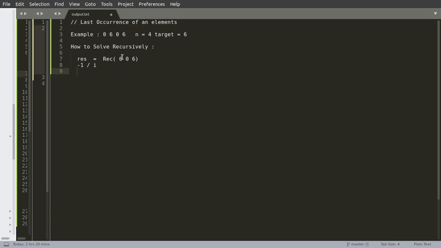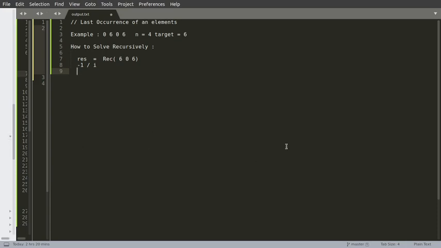If yes, then we have to return the current index. And if not, then we will simply return that index, right? So yeah, just check it out here.